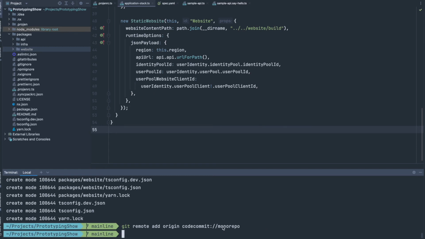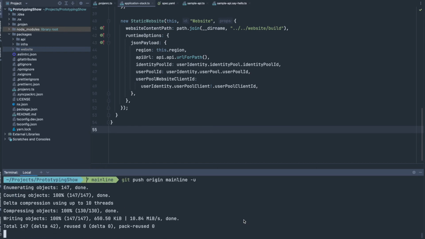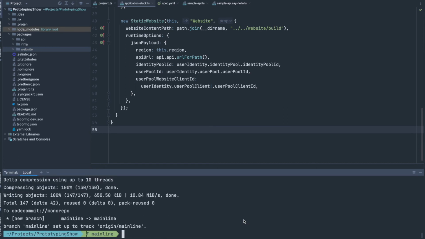So we'll mount to the mono repo and we'll push that too. So we've pushed our initial commit of the repo to the pipeline, and while that's running, we'll update the website